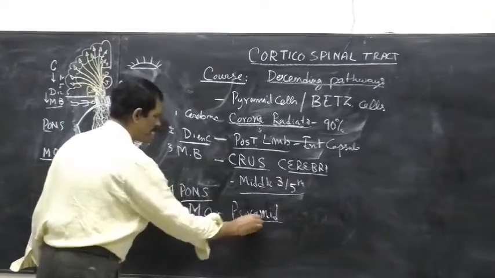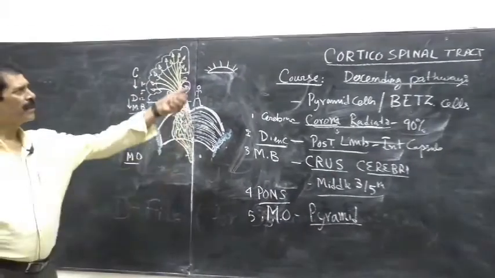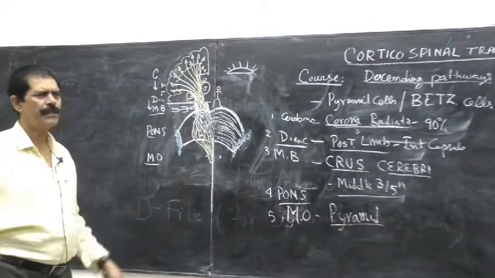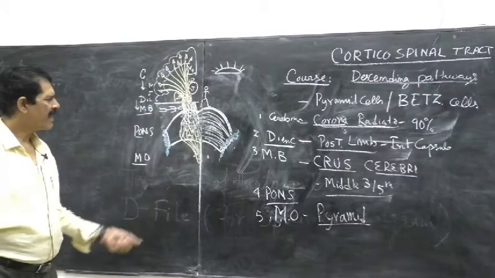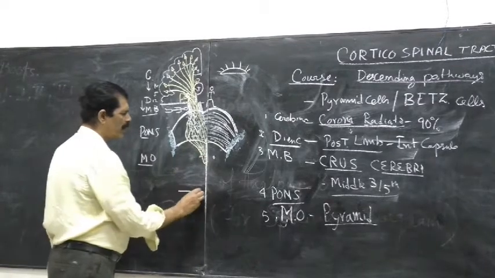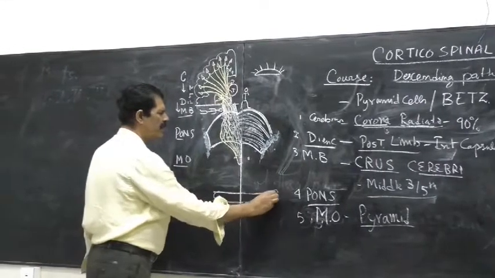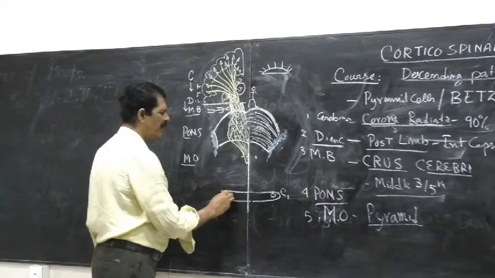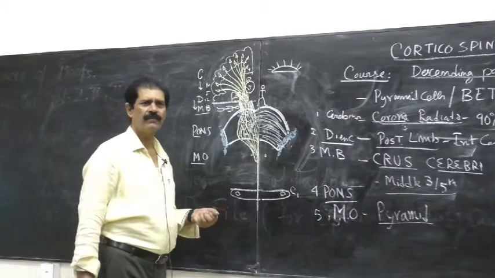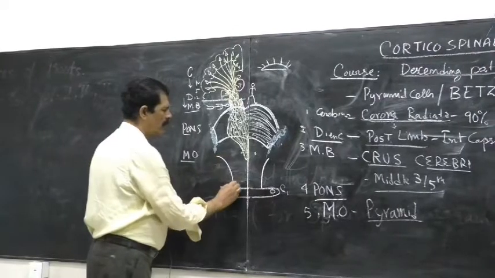So the pyramid is made up of white matter of corticospinal fibers, and because of the pyramid of the medulla, the corticospinal fibers are also called pyramidal fibers. The name is given by the pyramid of the medulla. As they descend further, in the lower part of the medulla, where the brain ends, at the upper border of the C1 or atlas vertebra, is the end of the medulla or the brain and the start of the spinal medulla or the spinal cord. So in the lower part of the medulla,